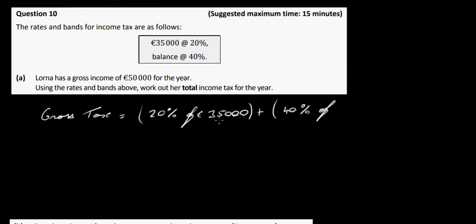Well, after 35,000 she earns another 15,000 to make it up to 50,000. So we got to get 40% of 15,000 euros. Okay, so when you work these out, just get 1/5 of 35,000, or 0.2 multiplied by 35,000 will give you 7,000 euros, and then 40% of